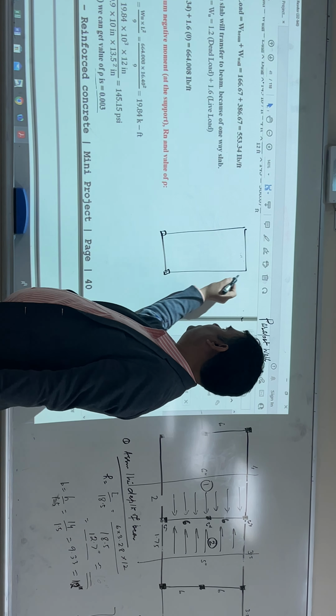This span is 12 meters, so half the load will go from here. And if there is no slab here, only the load will go from here. And the moment in this case, because this is a fixed beam,